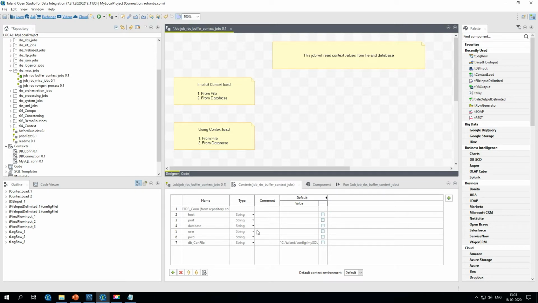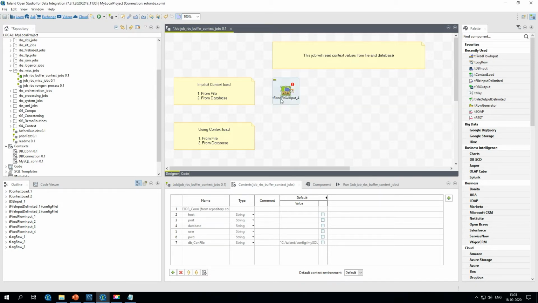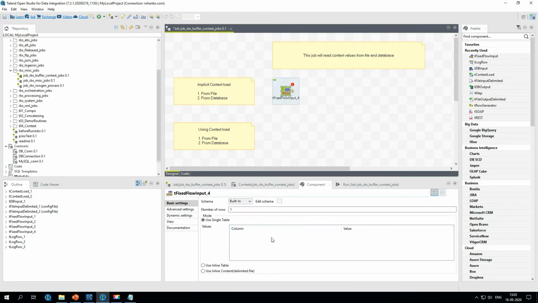All right, now that we have added the context, the next step is to create some components to read those values and print them on the console. For that, I'm going to use the fixed flow input. As the name suggests, you can create your custom columns, and you can also pass custom values for those columns.